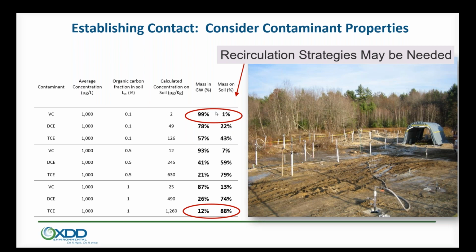So when you have a situation like this, one of the concerns over the years is if you have a highly dissolved contaminant, you may need recirculation, or you have to be careful about how you're injecting, because you don't want to displace the source or disperse that mass that's in the groundwater. Although I'll say that in general, we don't typically see a lot of